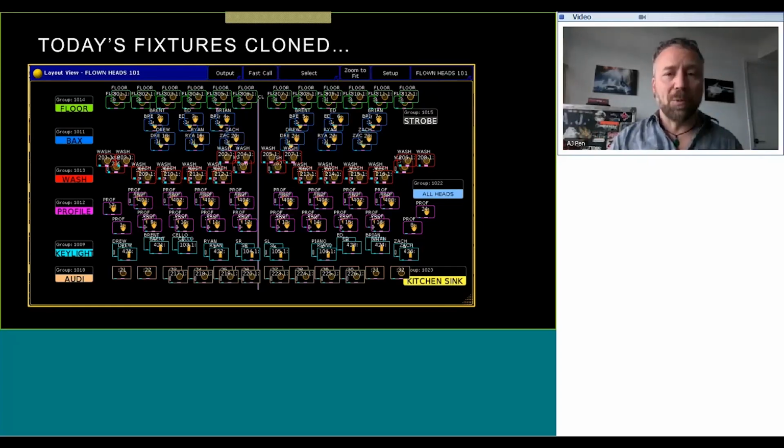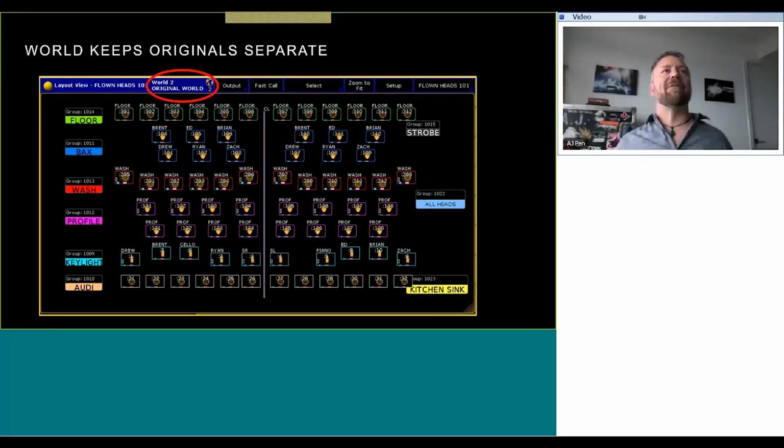And if you use worlds, watch what happens. I can make everything disappear. This is the original world. We've cloned, so those other ones are sitting there waiting, but once I enter this world, again, that's a Grand MA2 programming concept. I'm not sure how that would work on another console, but it allows you to turn off, forget about, not be able to program with any of the other fixtures that aren't in this world. This world's made up entirely of channels, as per my channel fixture trick earlier.